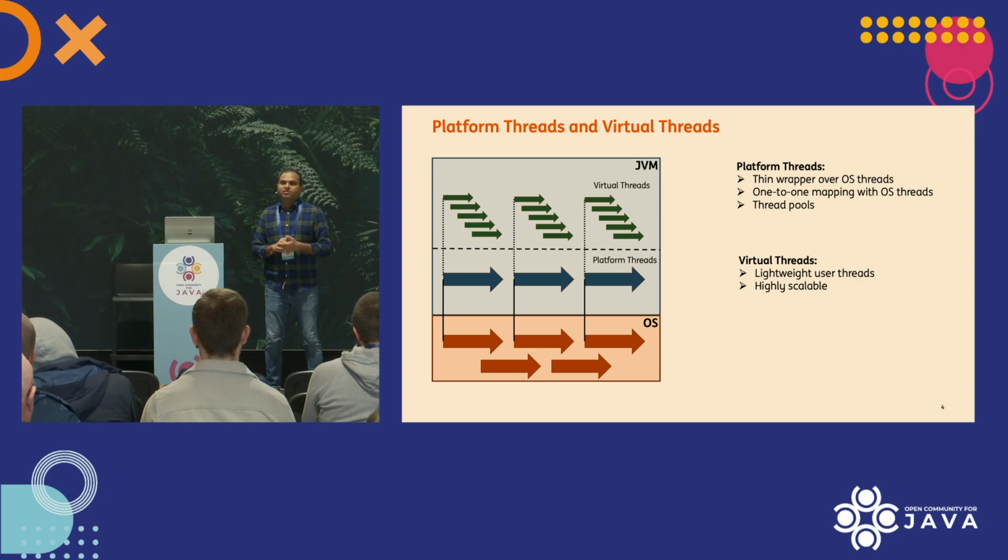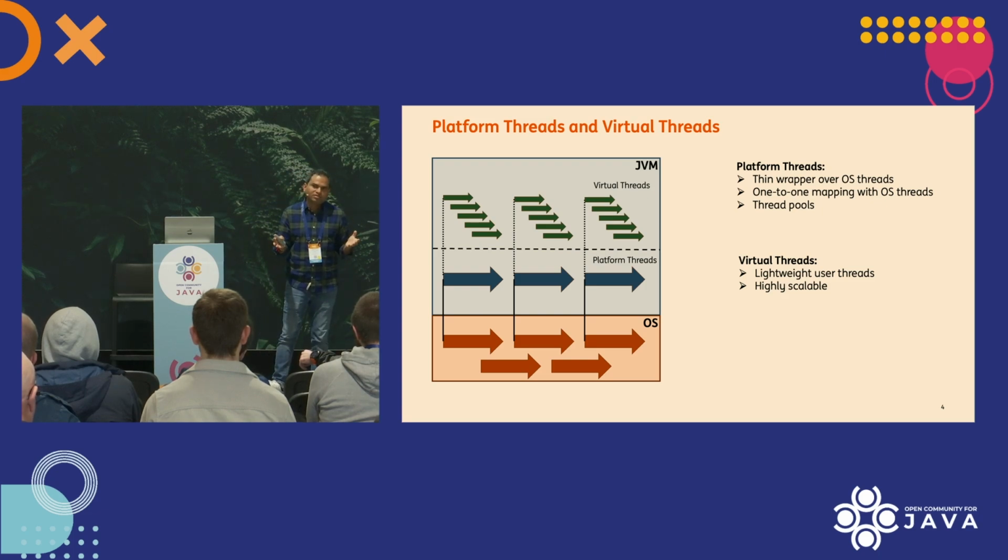But before that, let's see that using virtual threads in a thread pool is sort of an anti-pattern, because creating a virtual thread is a cheap operation. You can create as many as you want. When you're done with it, you can throw it away, and the next time you need one, you can create a new one. So we don't use thread pools with virtual threads. In fact, pooling virtual threads is an anti-pattern. You don't want to do that.